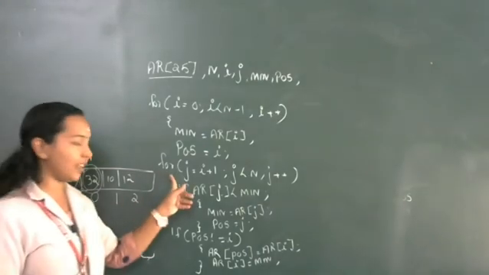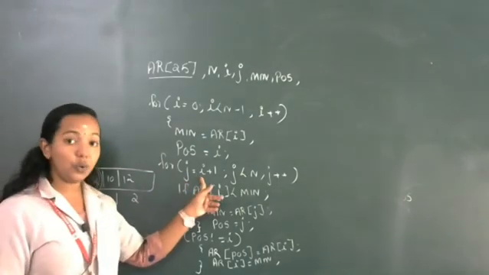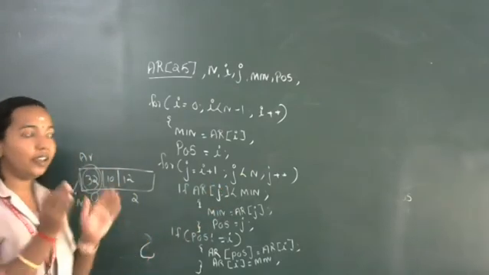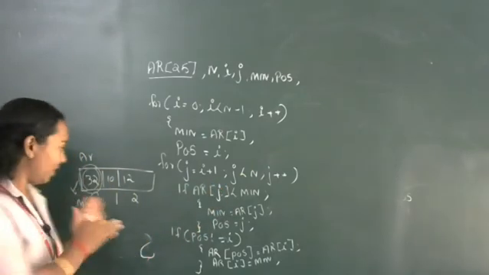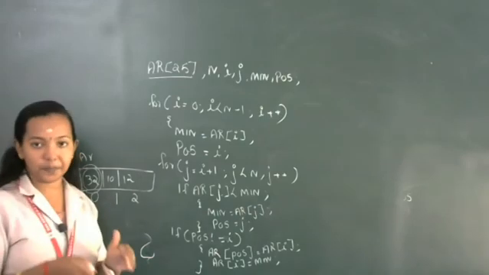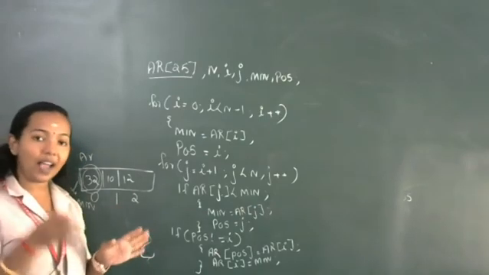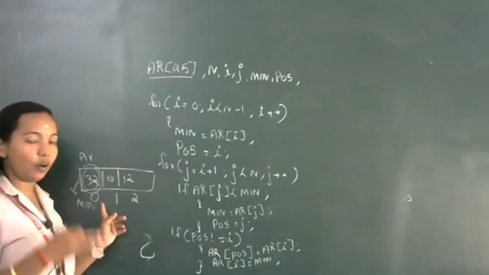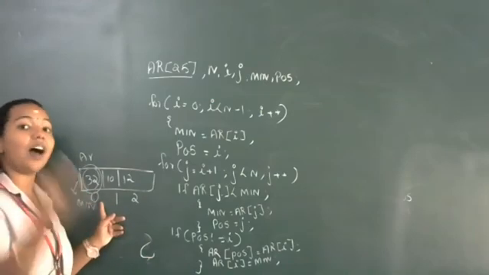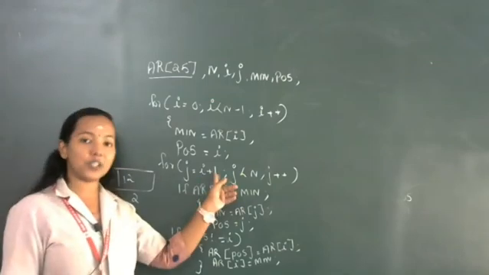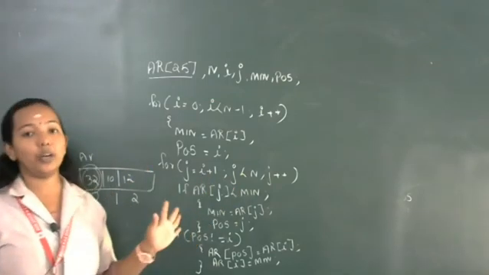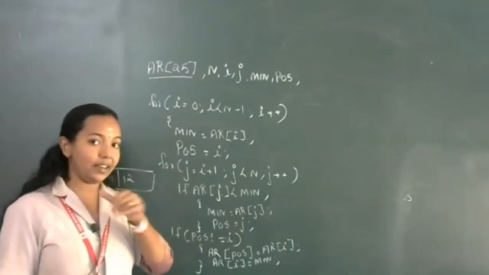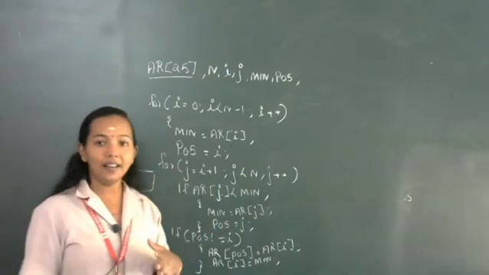So that is here: for j is equal to i plus 1. We are starting from i plus 1 because if we take i, it's already available in min. So we don't want to take i for comparison. We are comparing the value present at i with other elements. So that's why i plus 1. We are excluding the first location. Then j less than n, the number of passes until the last element.